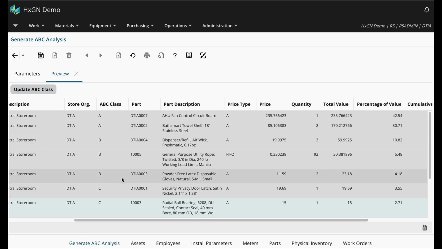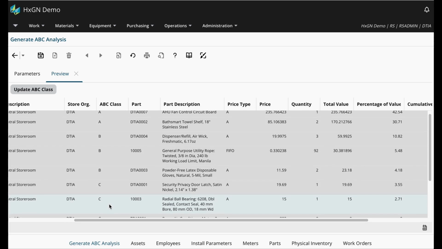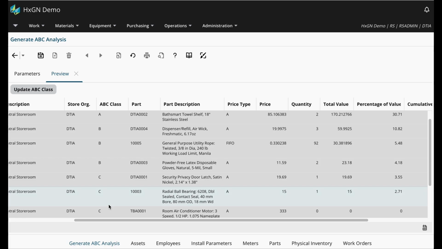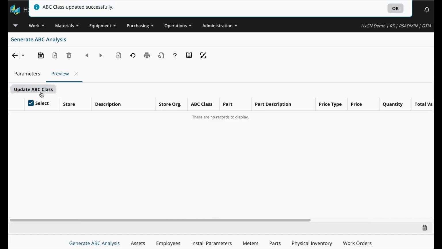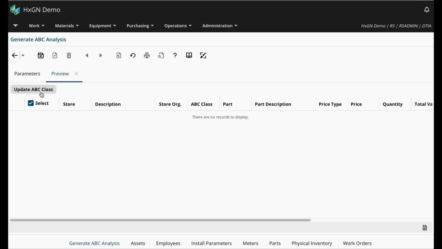After reviewing the ABC class assignments based on the value and percentage of value, you can proceed with updating the ABC class. In this example, I'm going to go ahead and update the ABC class for my central storeroom. Now that all of the parts in my central storeroom have a class assigned, I can use the ABC class as a parameter when generating requisitions for low stock and even when performing physical